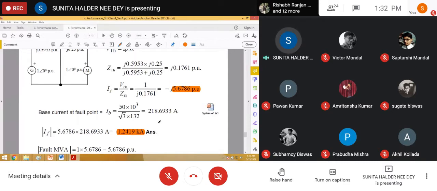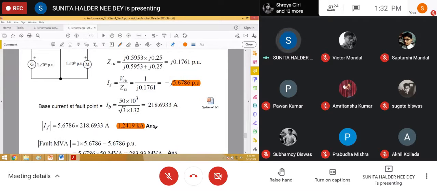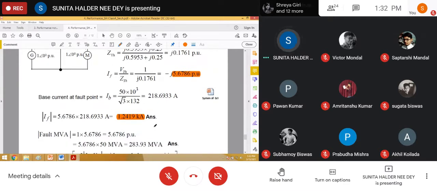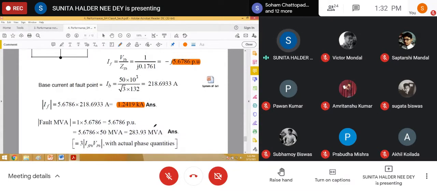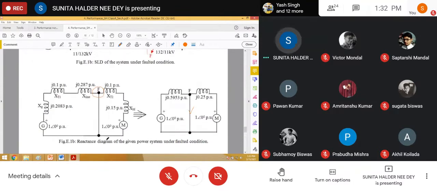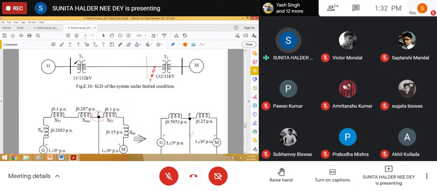So here in the calculation, the current is huge. So for that, you have to select a suitable circuit breaker or relay to sense that one. So what will be the rating of that circuit breaker? What MVA does that circuit breaker have to withstand? Because the circuit breaker will operate at faulty condition, and it is connected at the healthy condition also. Actually, everywhere in this circuit there is a circuit breaker. We do not show that one, that is shown by a cross.